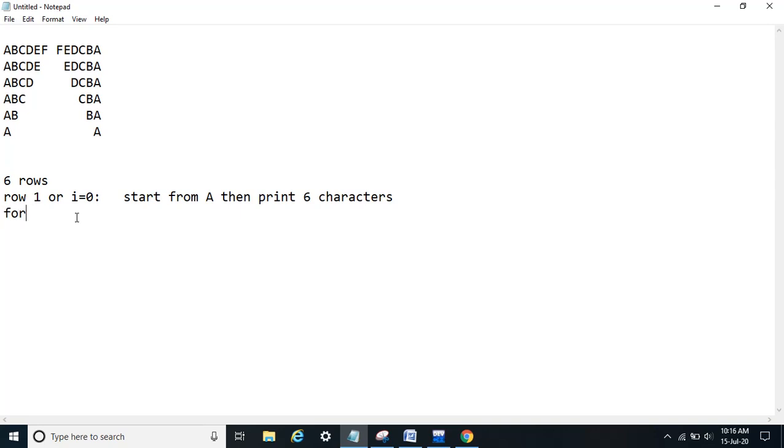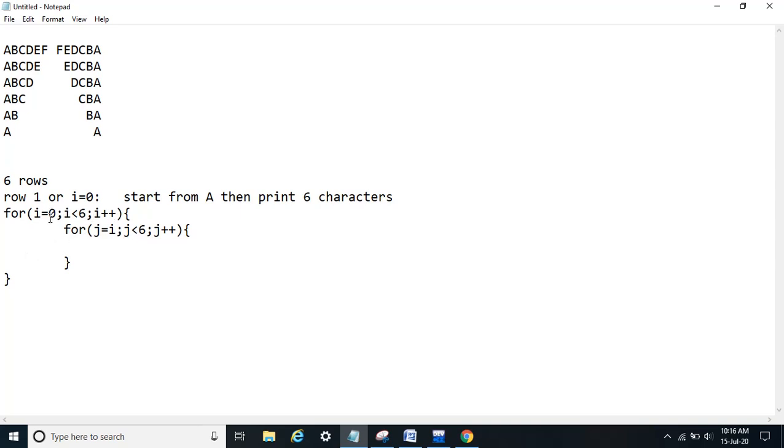So our basic structure would be like this. First would be the outer for loop that will run 6 times for 6 rows. I don't think we should have any problem in this. So this is the outer loop for 6 rows. Now for every row I will go for j equals i and j less than 6, j plus plus. What will it do for me? It will give me the logic.